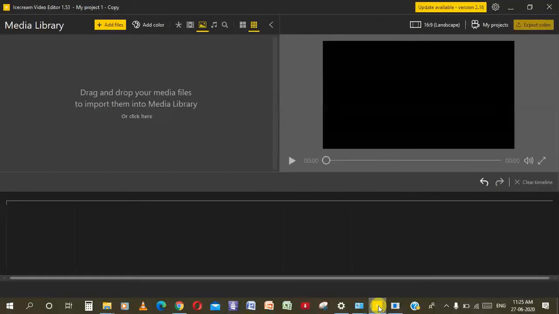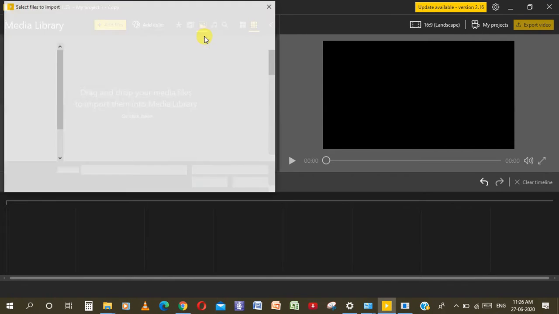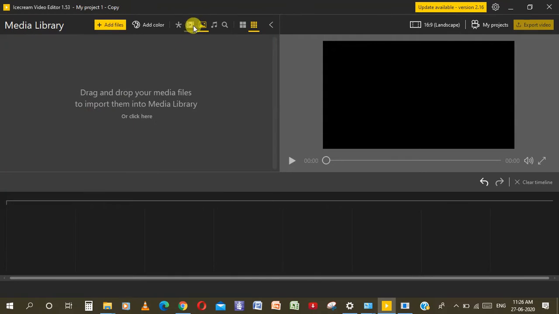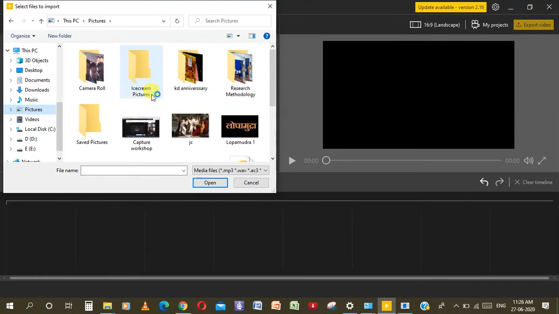First of all, you have to open Icecream Video Editor. I told you how to download and install it in the last video. After opening this application, we first select image, then add files. We have to select the images we want.